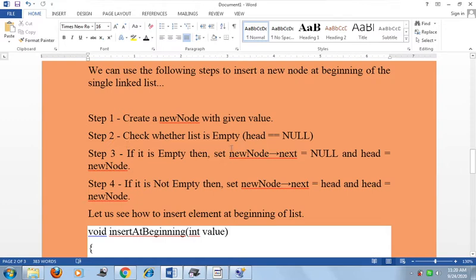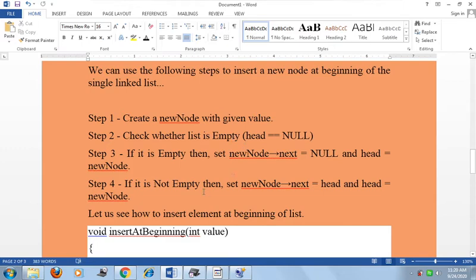Then check whether the list is empty. How can we check? We can check whether the list is empty or not: if the head pointer is equal to null, then we say that the list is empty.